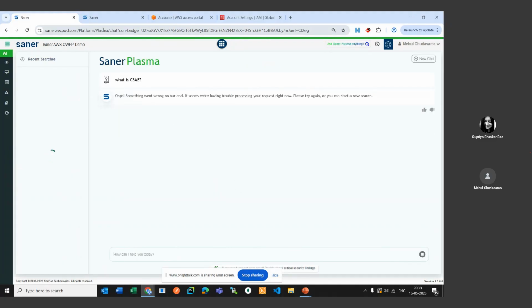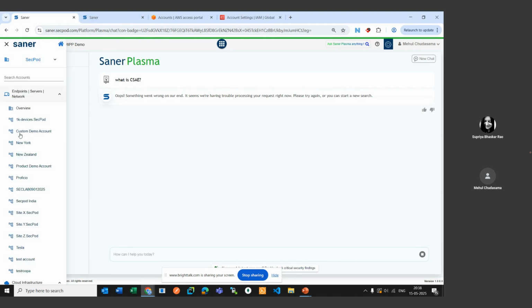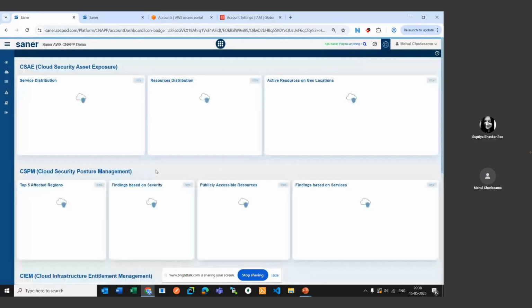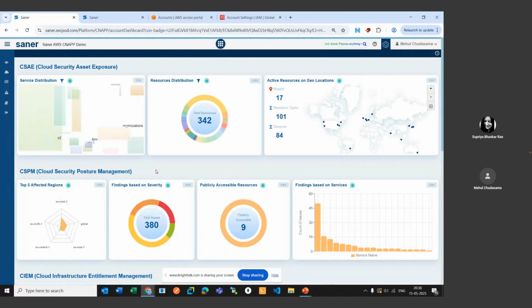Seems like we have some patching going on. But I hope you get an idea of how to operate that. Let me go back to the dashboard again. Yeah, so this is all I had, Supriya, as part of our Saner Cloud.